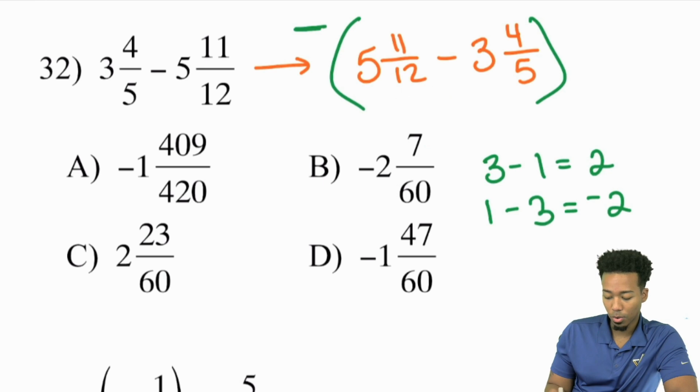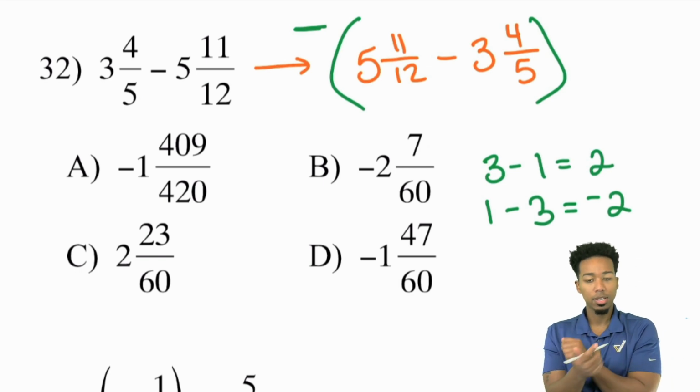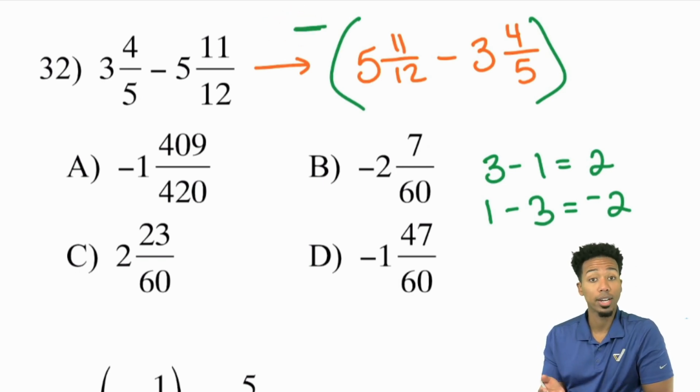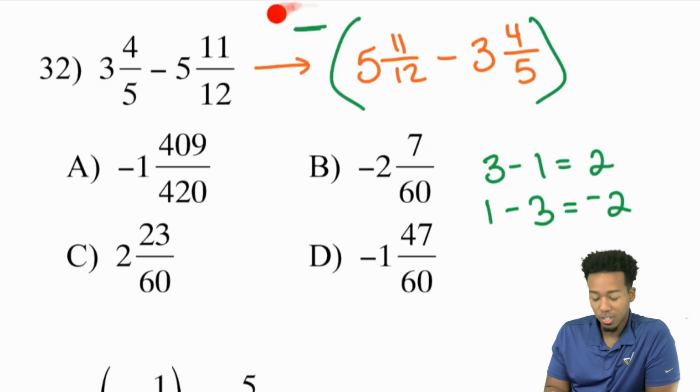If you're subtracting more than you have, just do it the other way so you can see it in a better way, but just turn it negative because, again, you flipped it. So you've got to make sure it's negative to make sure it's correct. 3 minus 1 is 2. 1 minus 3 is negative 2. So instead of doing 3 minus 5, I'm doing 5 minus 3 here, and I'm just going to keep it